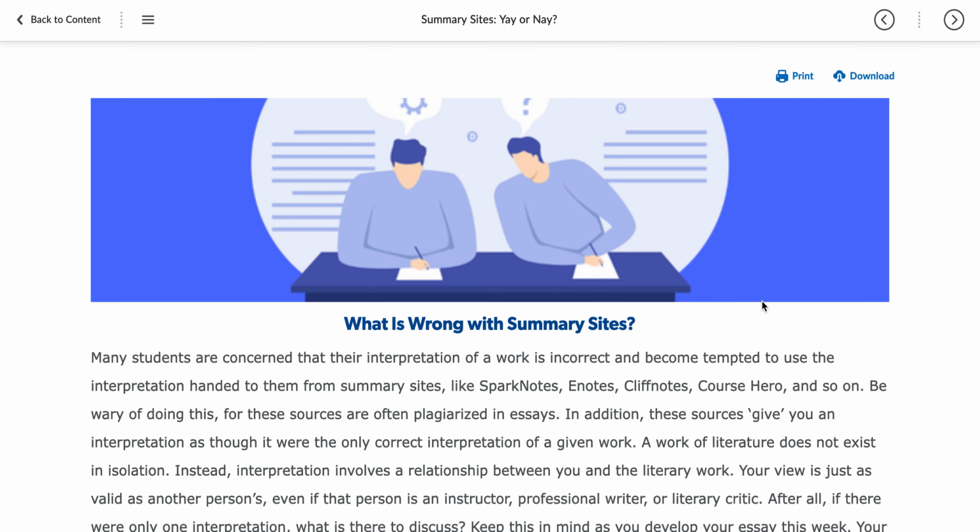You can't get that wrong. I don't care about these sites. I care about what you think. The whole point is for you to use your mind to interpret the work. This is about you, not about what someone summarized the basic interpretation of an easy short story. That's just not what I'm looking for, and I don't want to see any citations for that, nor do I want to see it used.